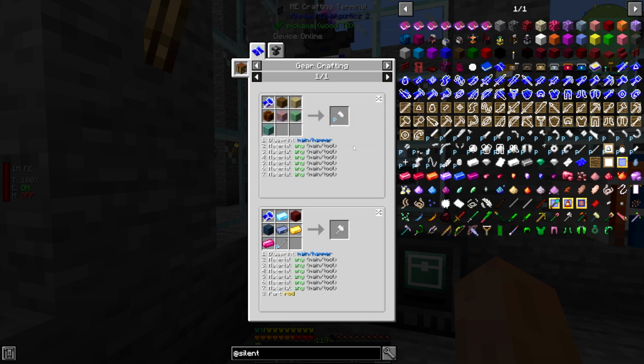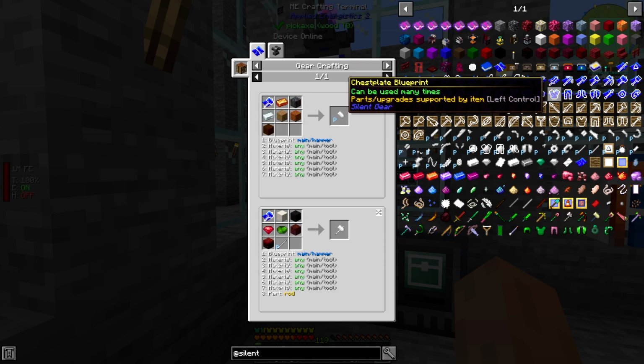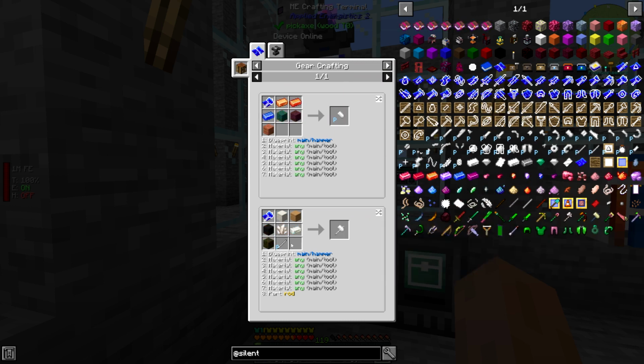In most cases, to be honest, I've used the same materials as all 6, but there are some times where you might want to mix and match materials to get different traits. Kind of like different materials in Tinker's Construct give you different traits. So I need to use this recipe to get a hammer,